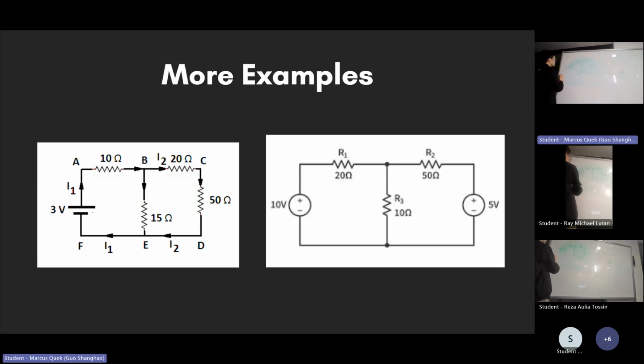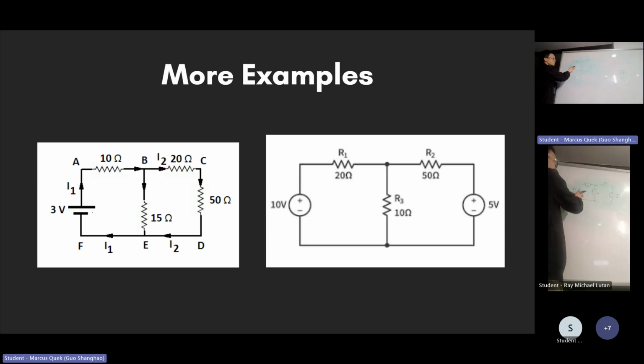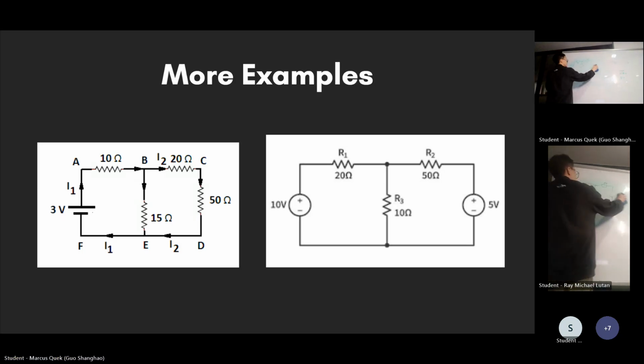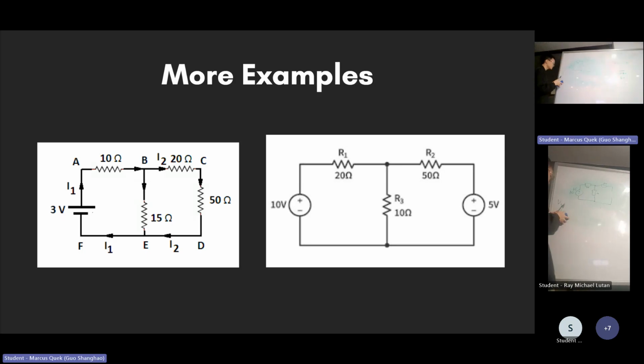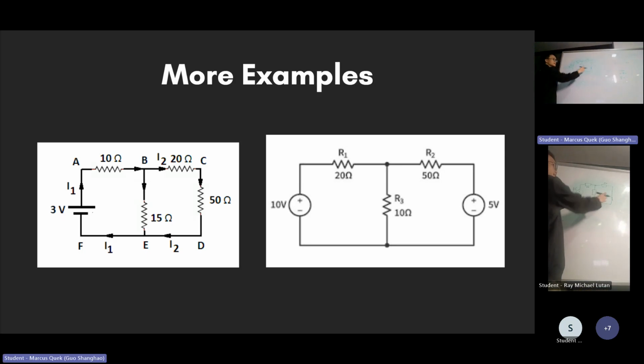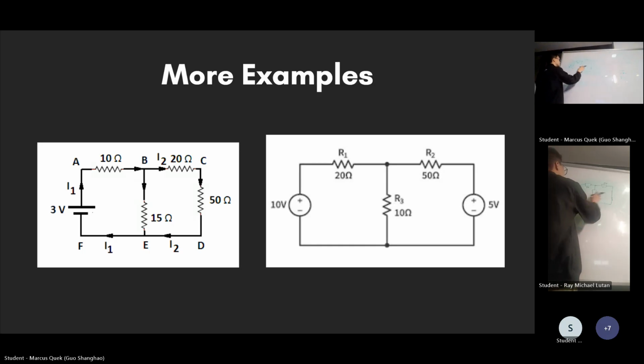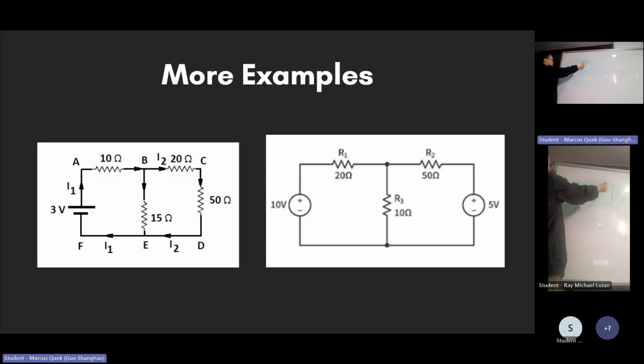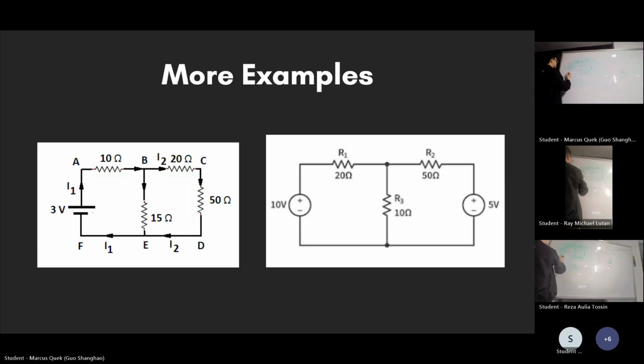Let's consider V1 first. And when we consider this source first, whenever you're using superposition theorem, all the other voltage sources must be replaced with a short circuit. So you redraw the circuit with just a short circuit. Then you can write down your loop equations for this. It's just V1 equals to